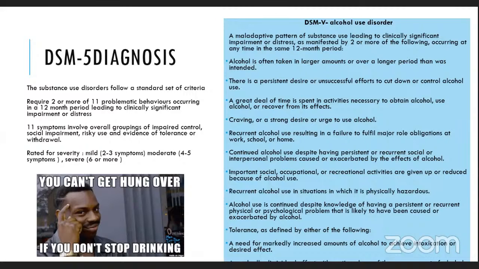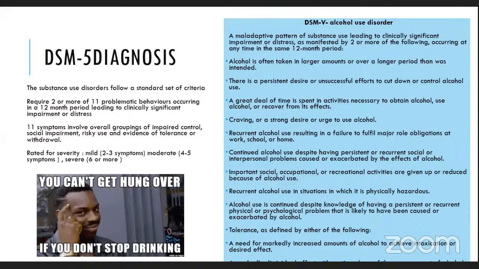I'm not sure, I'll go through them quickly. I'll just summarize each point. So it's a maladaptive pattern of substance use leading to clinically significant impairment or distress as manifested by 2 or more of the following occurring at any time in the same 12-month period. So the first is alcohol taken in larger amounts over a longer period than was intended, persistent desire or unsuccessful efforts to cut down, a great deal of time spent in activities necessary to obtain the alcohol,